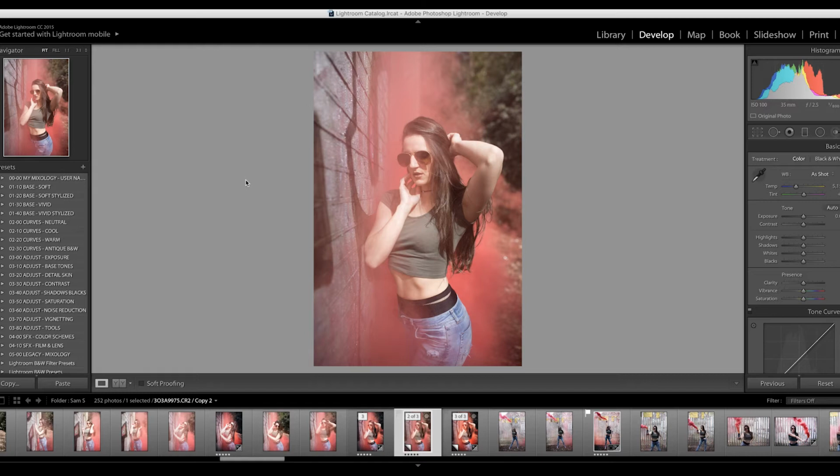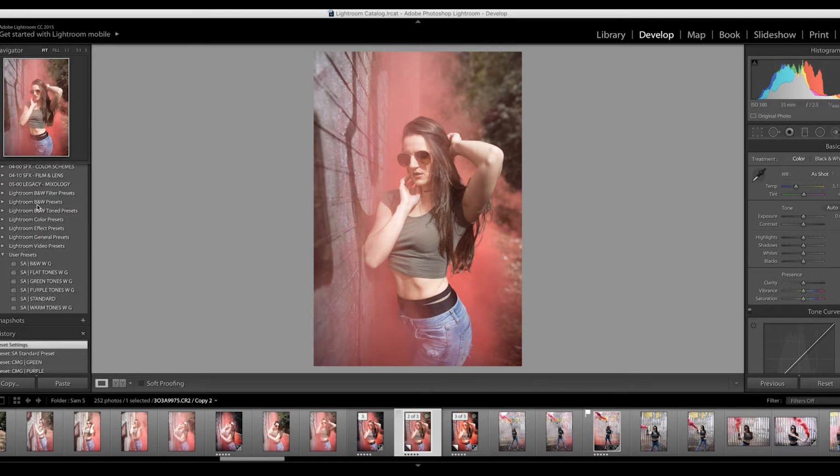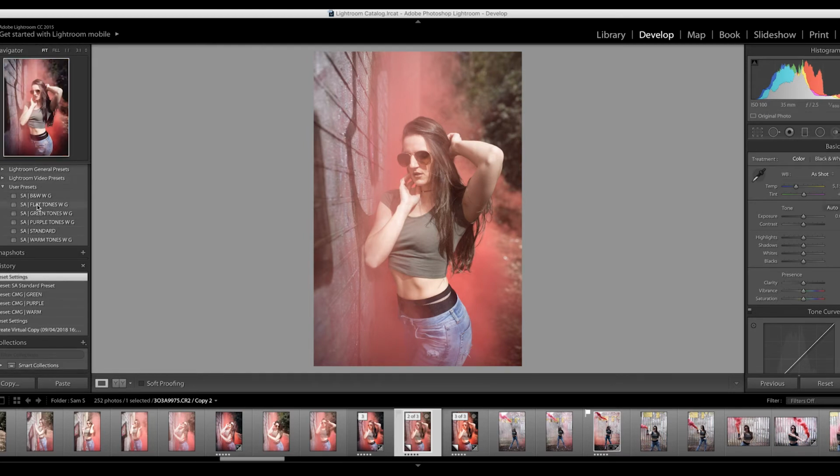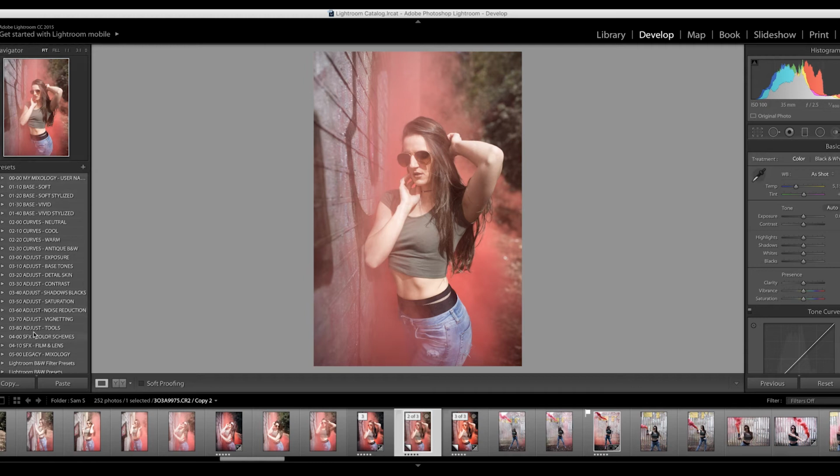Okay, so we've imported all of our images into Lightroom. This is the shoot with Sam I was talking about. So I've selected my images that I want to edit. As you can see, it's quite washed out and the colour's just not punchy enough. I've got some smoke going on here in the image, so I really want to emphasise that. So I know the one preset that I'm going to use that's definitely going to push this image right out